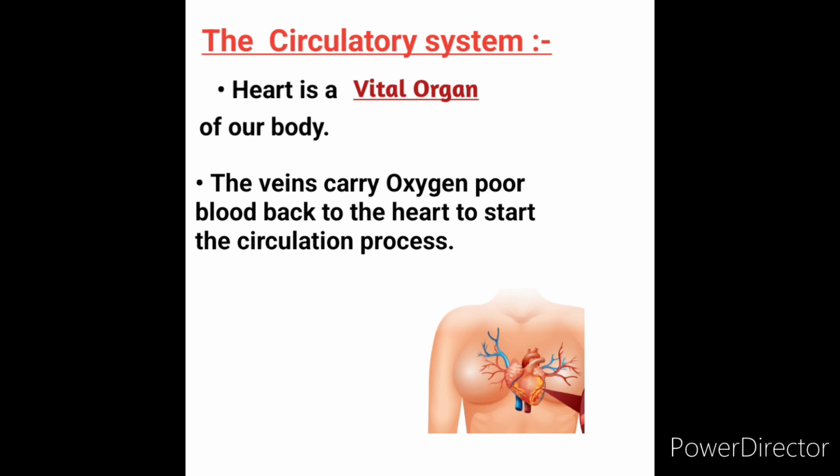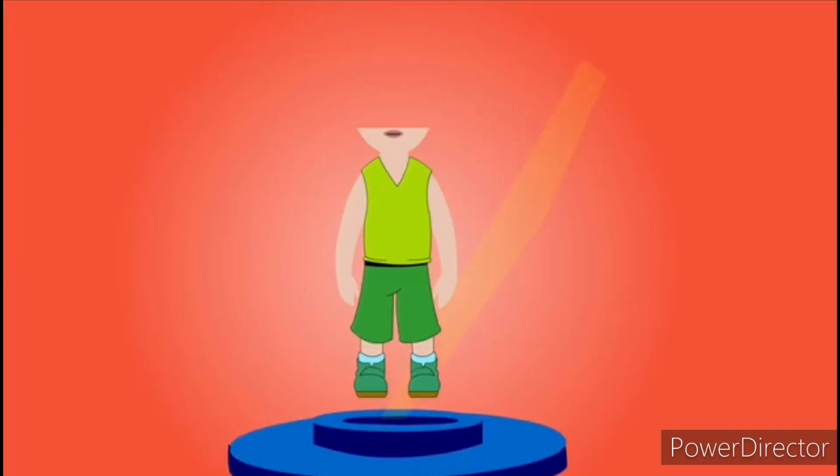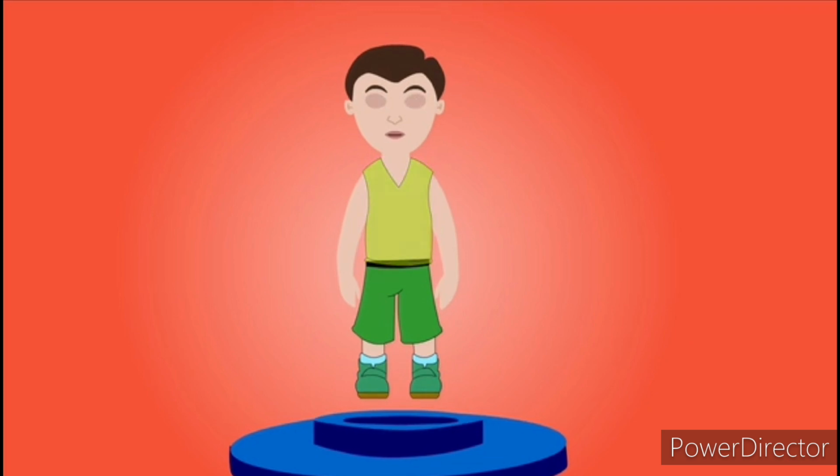Okay friends, the heart is a vital organ of the human body. Vital organ means the heart supplies blood to the rest of the body. That's why it is a vital organ. Next, the veins carry oxygen-poor blood back to the heart to start the circulation process again, and the overall circulation process finishes. Here we can see in this video the